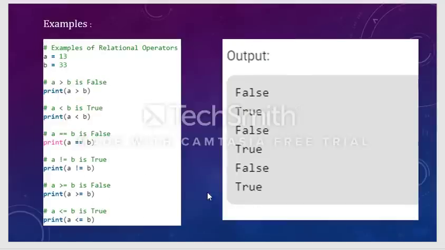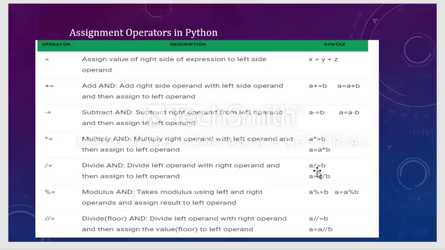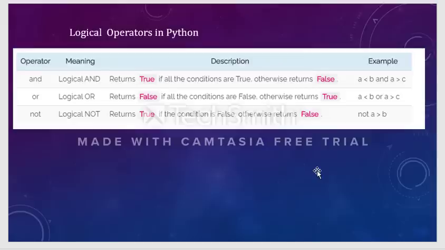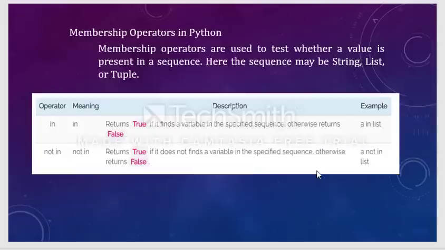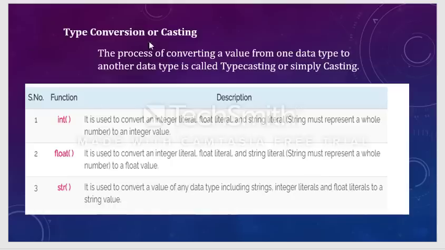Okay, so now coming to the next concept, that is type conversions. As we know, type conversion is nothing but converting the data type of one value into the data type of another value. This we have already done in the C language also. While learning C, we converted values. Suppose I want to convert a float into an integer, we have done that. Similarly, integer into float, we have done that. Similarly here in Python we have typecasting or type conversion.